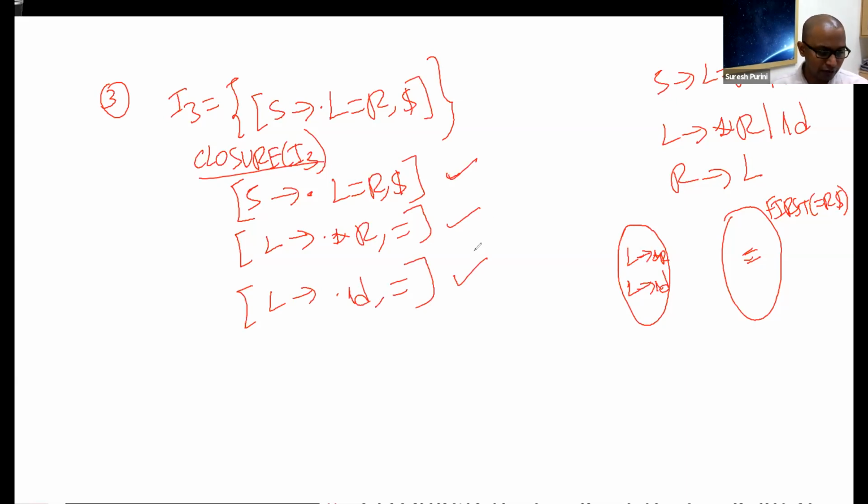I have one thing though. None of you asked this question. I made a mistake here in one of the examples. Can anyone point out the mistake I made in one of the examples? Is there any mistake in this particular example? Maybe you can type it in the chat box. Do you see any problems in the LR1 set computation? Or you can enable your voice and talk also. That's also all right with me.